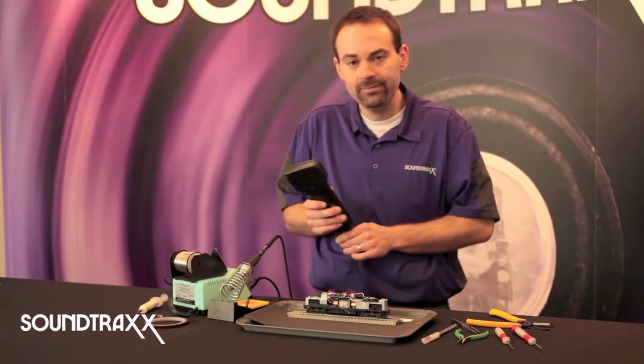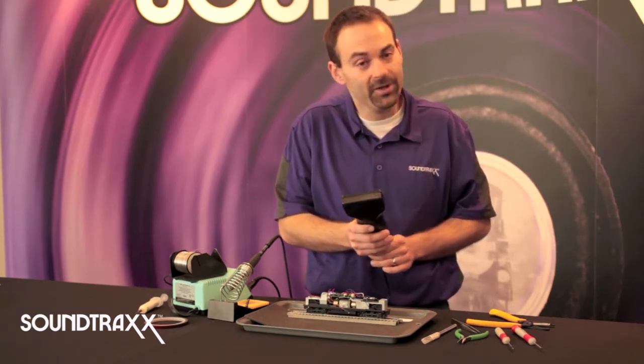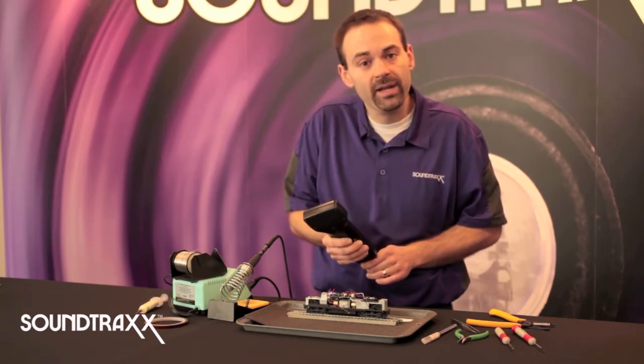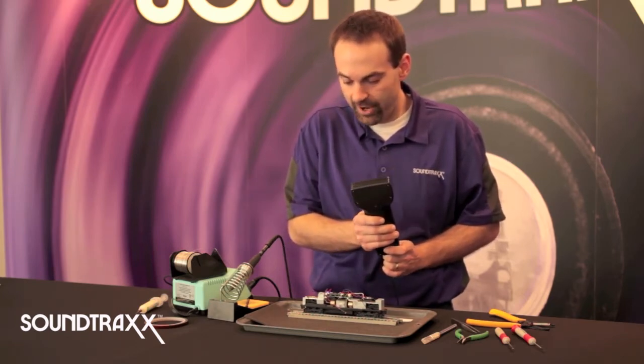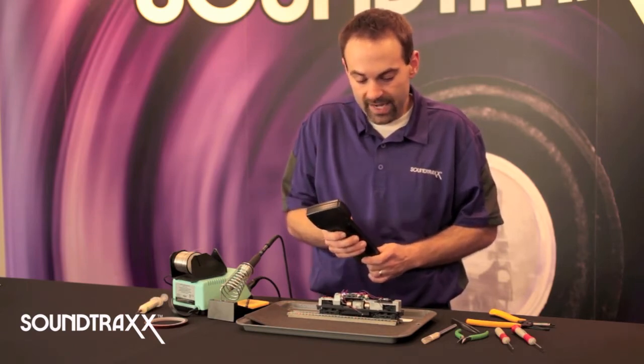Let's take a listen to the horn, both long and short, as well as the bell. And let's go ahead and test forward and backwards motor control. So we're going to move the locomotive forward, and it should move toward the soldering iron. There we go. And we're going to go ahead and move the locomotive in reverse, and it works in reverse